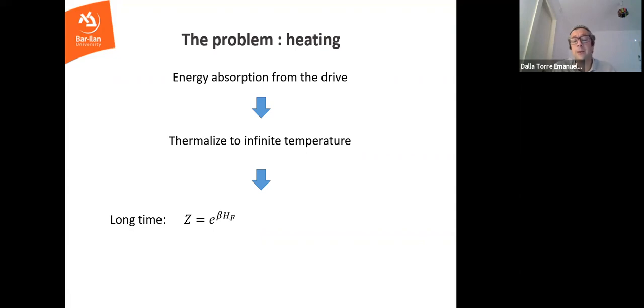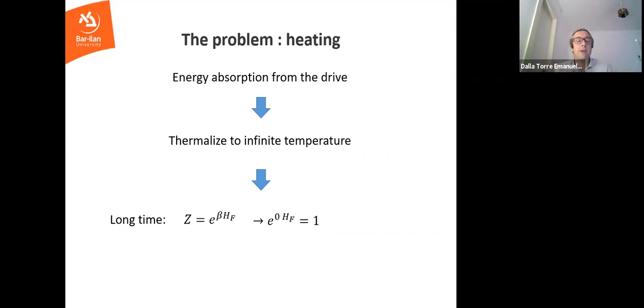Say the time crystal or whatever interesting physics you have, it's a property of this Floquet Hamiltonian, which is the Hamiltonian that is engineered by the periodic pump. However, if you wait very long times and the temperature is infinite, you see that the distribution function is 1 over the temperature times the Floquet Hamiltonian. So maybe the Floquet Hamiltonian is really interesting, is topological, is whatever you want. But if the temperature is infinite, then you end up in a trivial state, just this infinite temperature state.